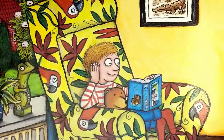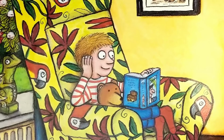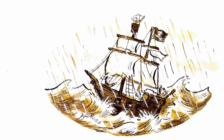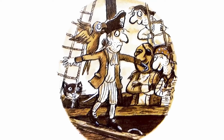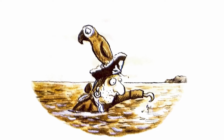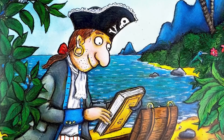Once upon a time, there was a boy called Charlie Cook who curled up in a cozy chair and read his favorite book about a leaky pirate ship that very nearly sank, and a pirate chief who got the blame and had to walk the plank. The chief swam to an island and went digging with his hook. At last he found a treasure chest, and in it was a book